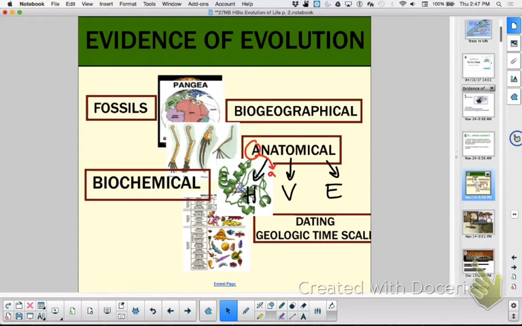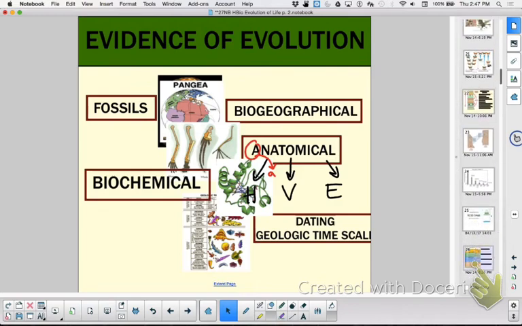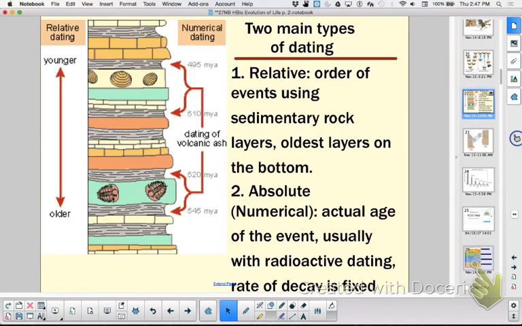So we did our evidence for evolution. Oh, here's a good one. Okay, so this is showing you two main types of dating. Relative dating,